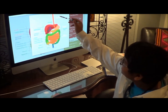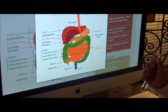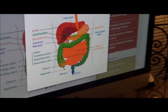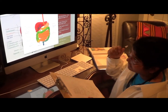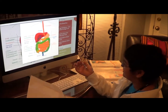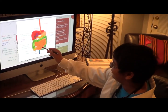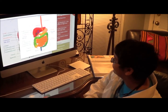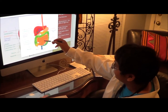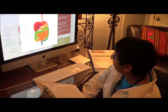After the food goes through the esophagus, stomach, and then it goes down into the small intestine. Basically, in the small intestine, the food is digested the most. And basically, it got its name from its diameter, not how big it is, because the small intestine is longer than the large intestine. And basically, after it goes through the small intestine, it goes into the large intestine, and